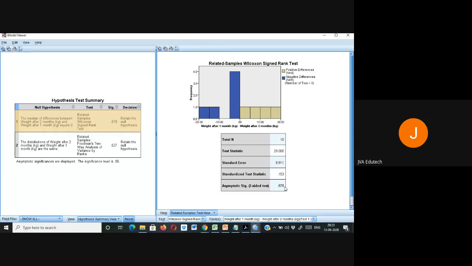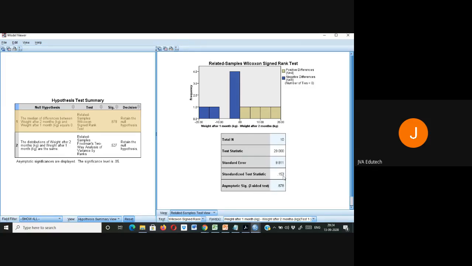diet does not have any significant effect on the weight, but this could not be generalized because diet do have some effect on the weight. Most of the studies have suggested that, but since we are taking only 2 months, we are saying that in such a small period of time it cannot have any significant effect. So to further check whether this is due to only this small period of time, you can go for calculating the effect size.